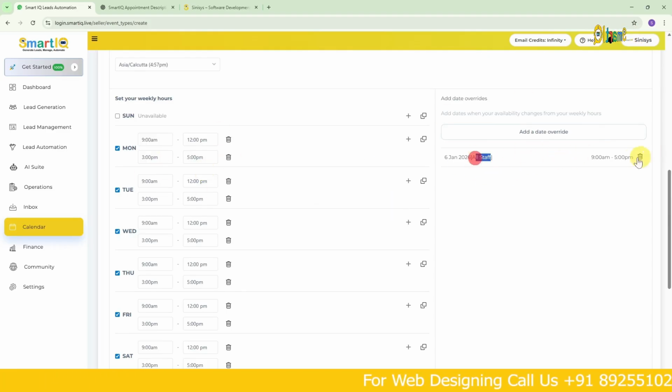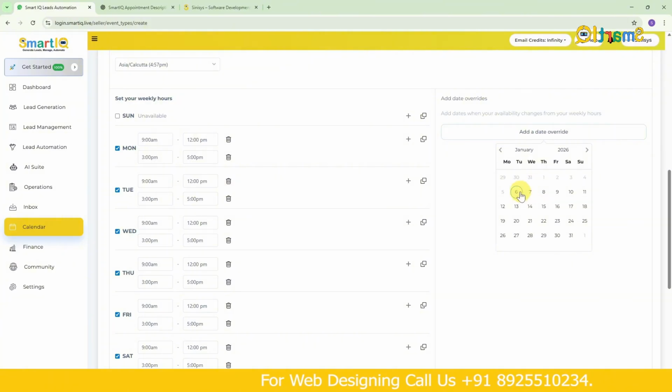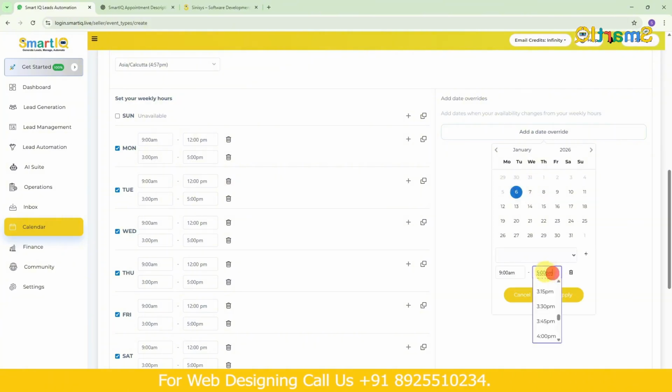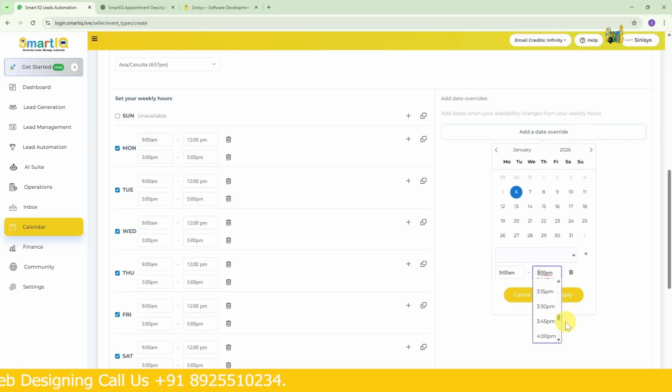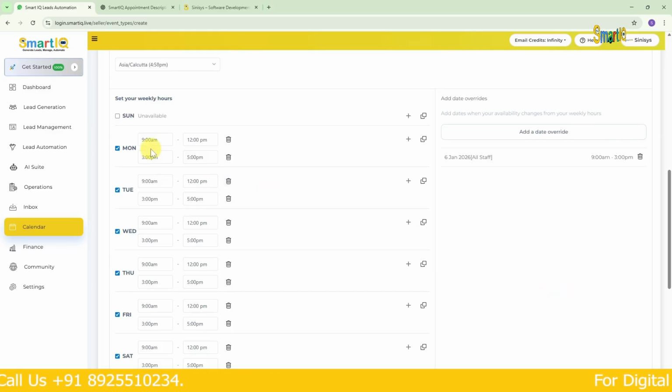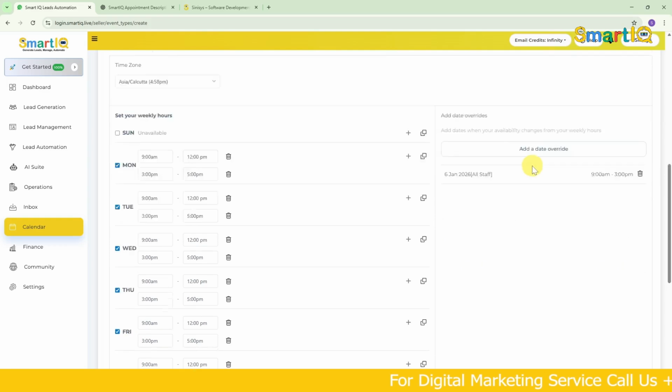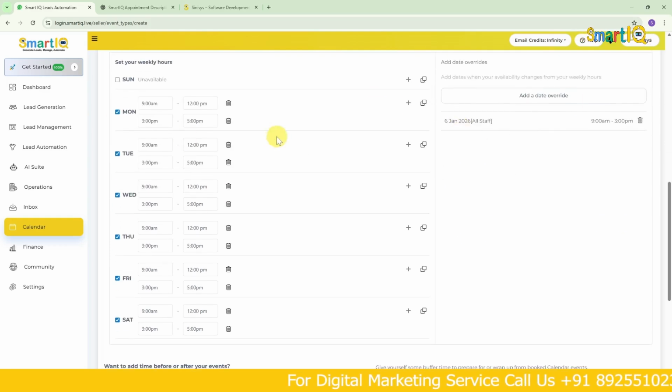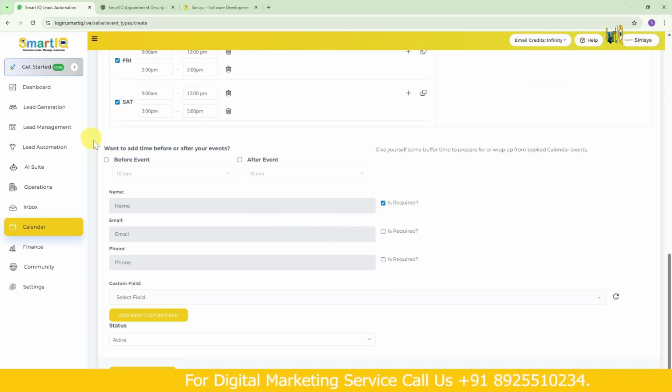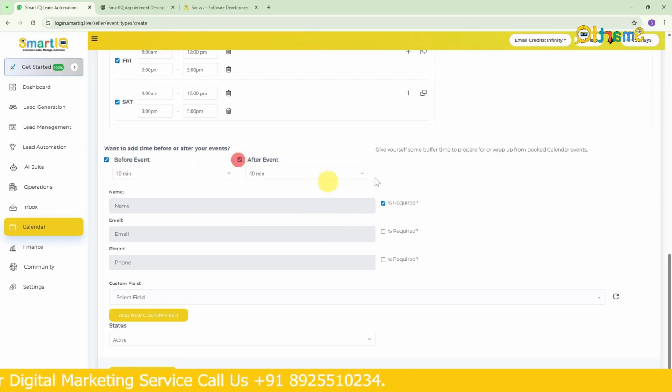So, we can edit this another time. If I select a date, say the 6th, and I'm available only till 4 o'clock pm and not available in the morning, then only the slots between 3 to 5 will be shown. None of the morning slots will be shown to me. So this will disappear when we try to choose. So we can even add before and after buffer timings as well.